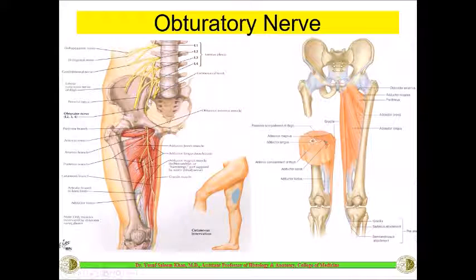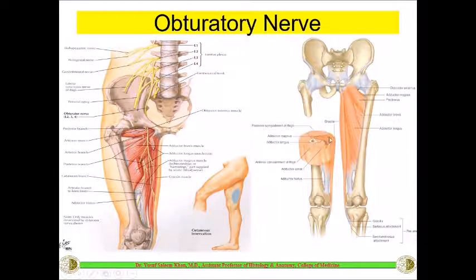So here you can see this is the obturator nerve. This is the formation of the obturator nerve from L2, L3 and L4. So these are the ventral divisions which are joined together from L2, L3, L4, descending downwards into the pelvis, and from there supplying all the muscles of the adductor compartment. On the other side, you can see the dorsal division from L2, L3, L4, which forms the femoral nerve, and it supplies the anterior compartment.